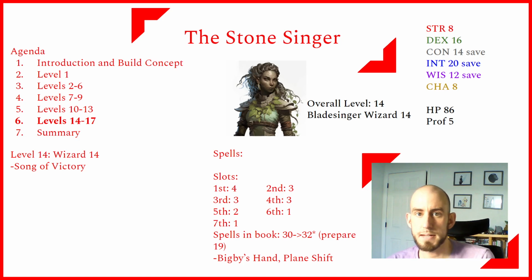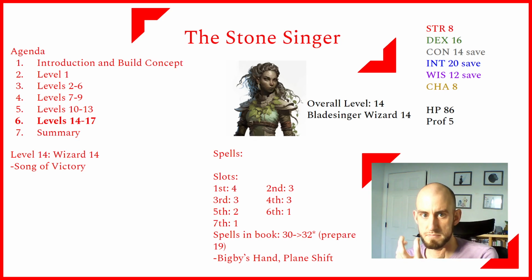Now, you might have wanted to get Bigby's Hand earlier. This is a 5th level spell. Basically summons this hand made out of force, and it can punch people and grab them and that kind of thing. And some cool things about this spell, it does force damage, so it's magical, and it scales really well with upcasting. Now, it doesn't actually beat out the damage per round of animated objects